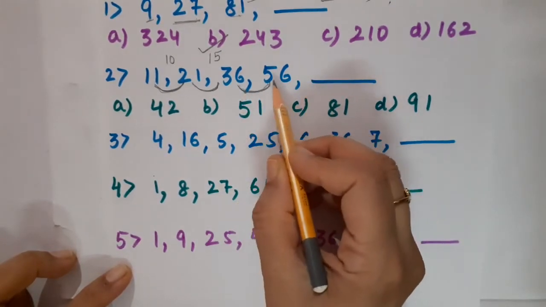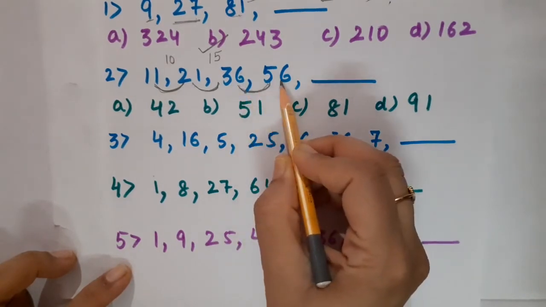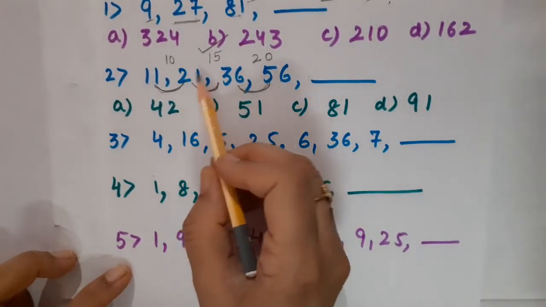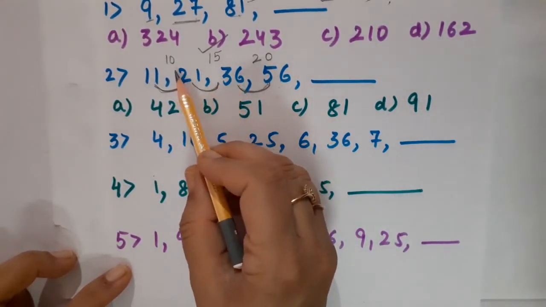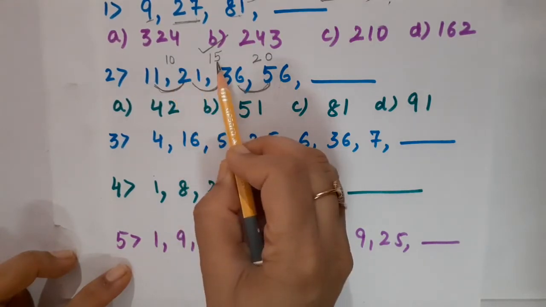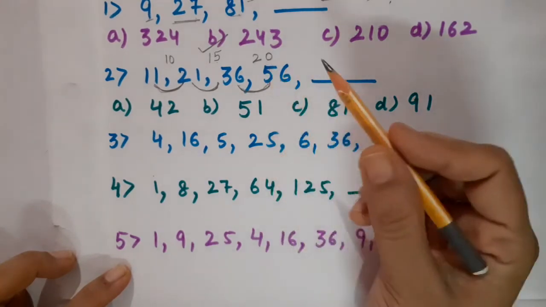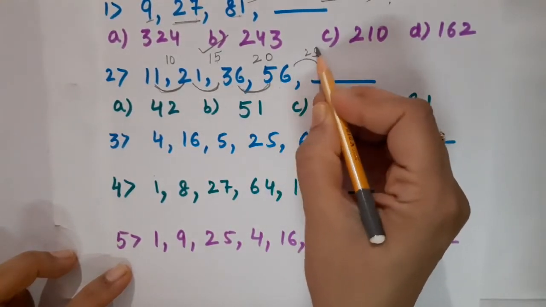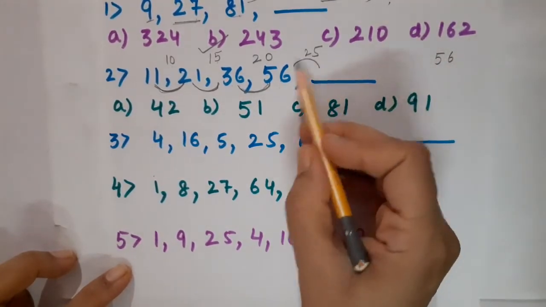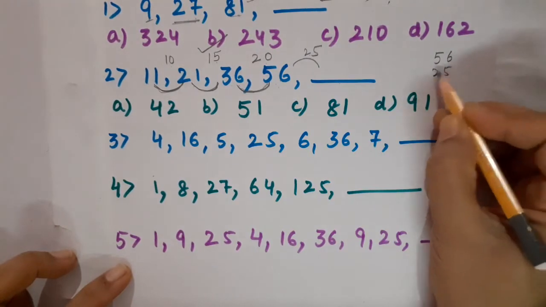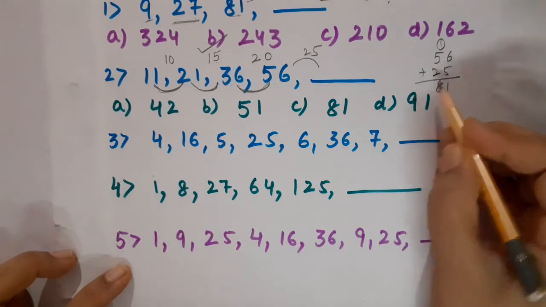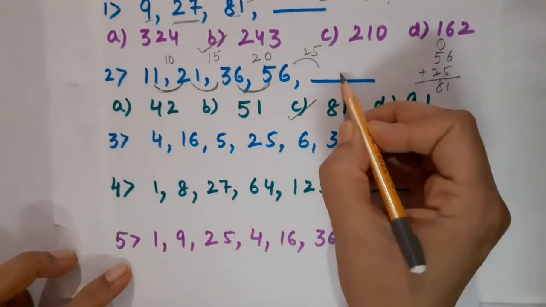So what do we have to do for that? We have to subtract 36 from 56. So I have got 20. Children, just observe what kind of difference I am going to get. I am going to get multiples of 5. This is 5 2s are 10, 5 3s are 15, 5 4s are 20. So now the next gap will be 25. So how can I get this number? I have to add this difference 25 to 56. So let us add them. 6 plus 5 is 11, 1 carry, 7 plus 1 is 8. So the answer will be 81. Got it?